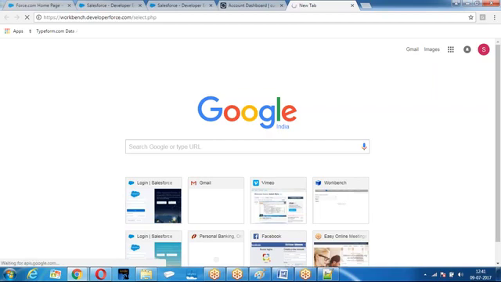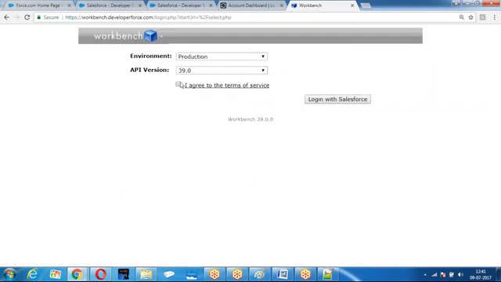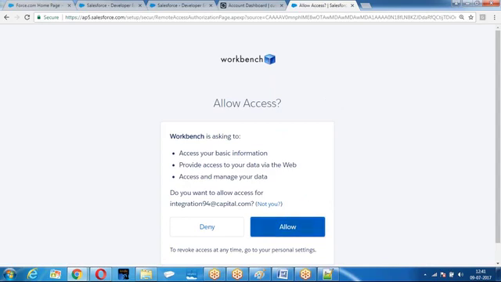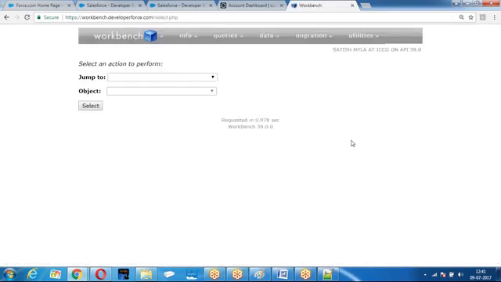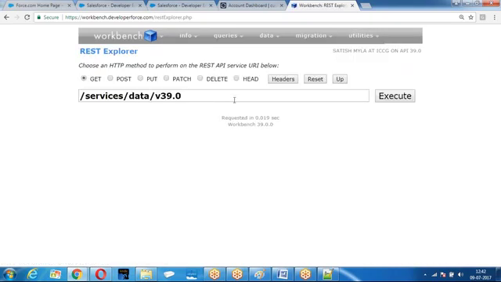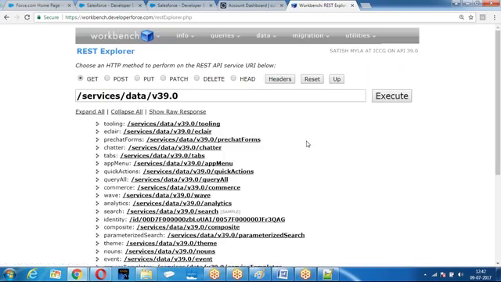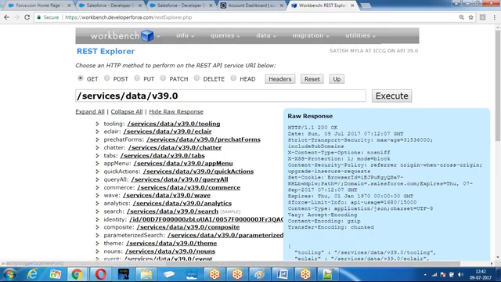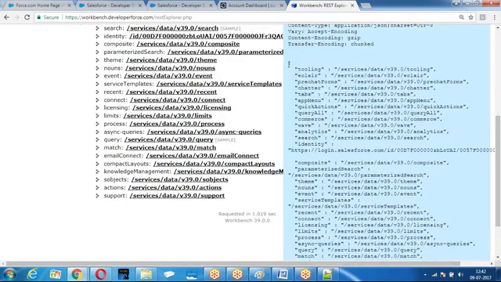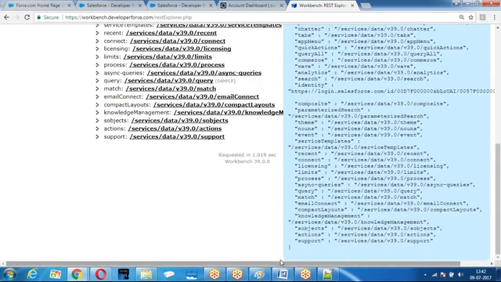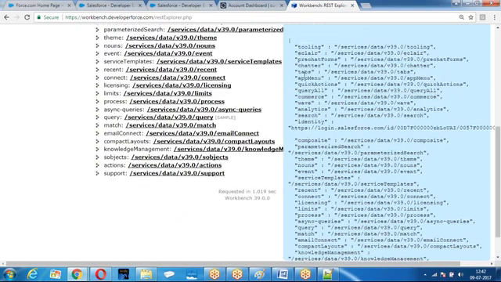If I am going with the workbench, look at this, how the response is coming. Load bracket. The response is coming in what format?